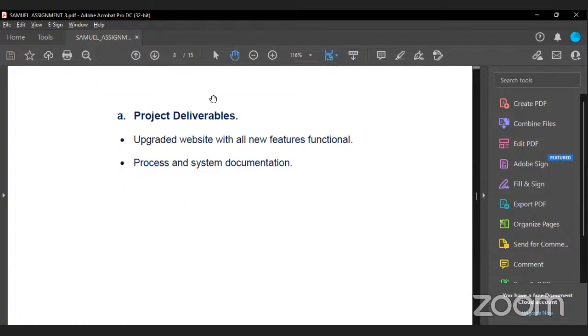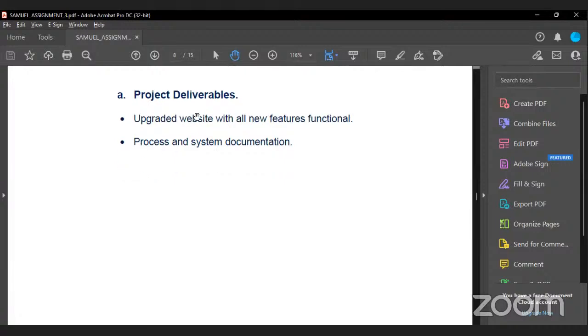So we go to the project deliverables. What the project will be delivering is an upgraded website with all new features functional. The project is delivering an upgraded website, to be clear, with all its features functional. So we are not delivering a website where some of the features aren't functional, whereby most of the features won't work and we would have issues here and there.